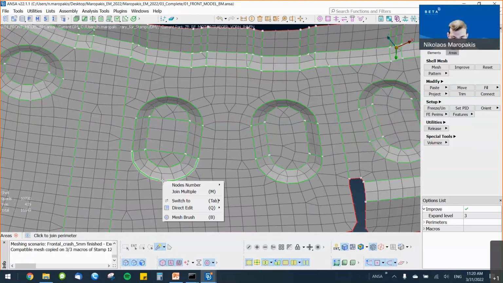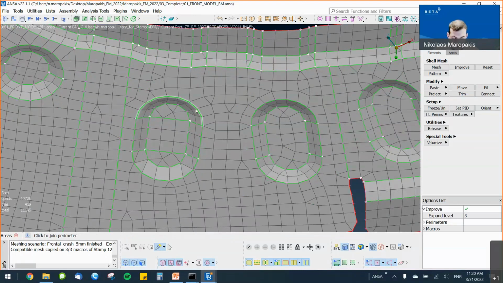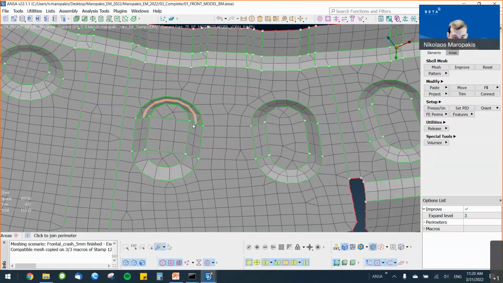I can open the right-click context menu here, and I can see that I have direct access to the nodes number. I can either decrease or increase the numbers here, or with the shortcut keys 1 and 2. I will decrease by 1 node here, and I will do the exact same on the other side to be sure that I have a symmetric mesh, but this time I will use just the shortcut key 1 from the keyboard. Now I can see that in these areas here, from 2 rows of elements, I have only 1, and I want to increase it.